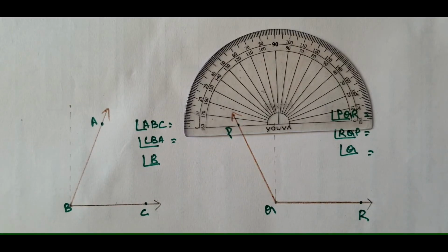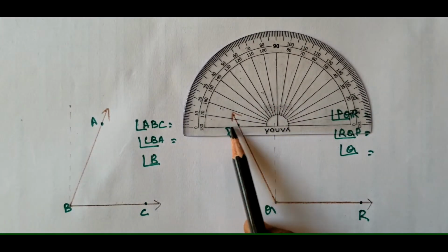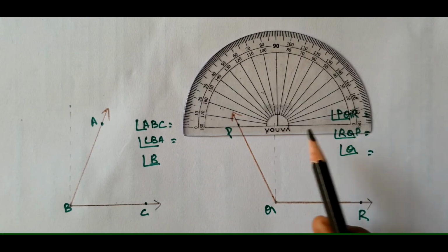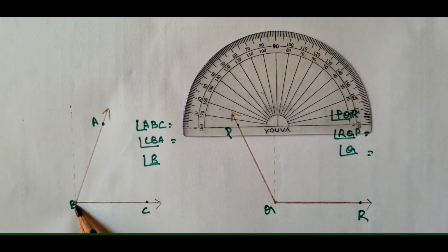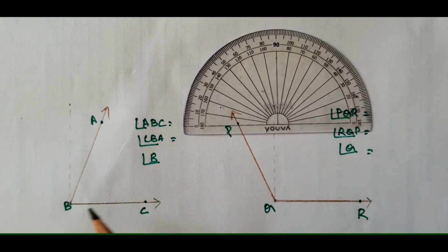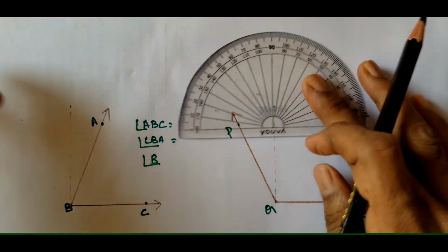Children, let us now learn how to measure an angle using a protractor. There are 2 angles given to you. Let us measure these 2 angles using a protractor: angle ABC and angle PQR. Here is your protractor. This is the baseline of the protractor and this is the center of the protractor. This is your vertex. This center of the protractor should be at the vertex of your angle while measuring the angle. So let us now keep it